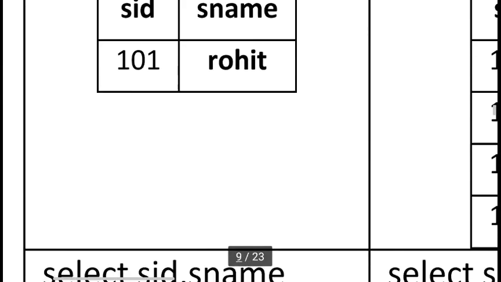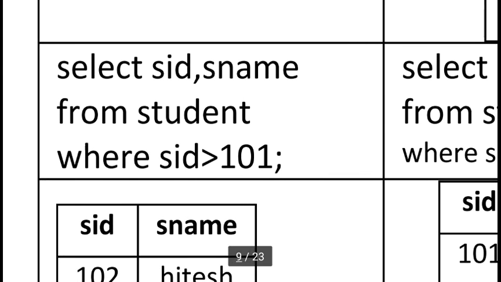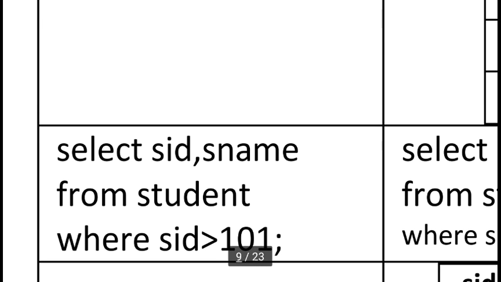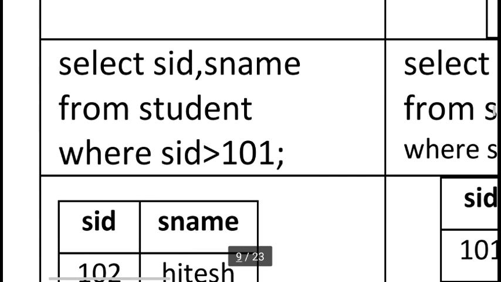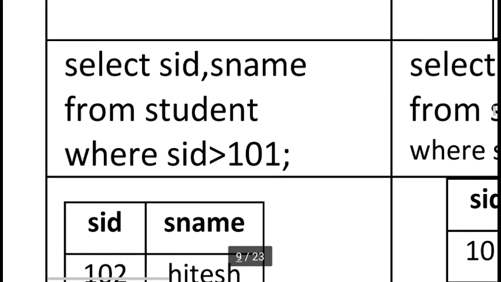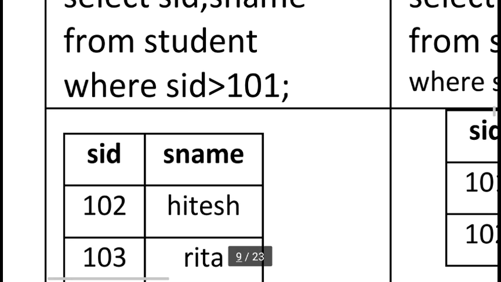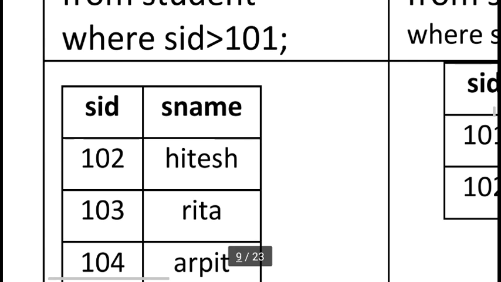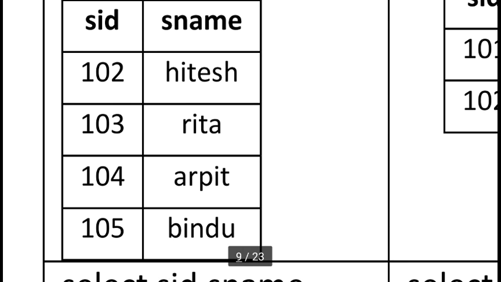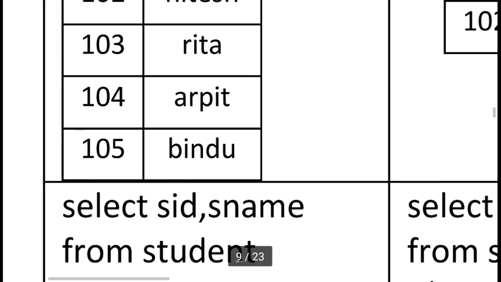Now suppose I want to see SID greater than 101. All the rows higher than 101 will come, but only the SID and SNAME columns will show. So you can see 102 Hitesh, 103 Rita, 104 Arpit, 105 Bindu.